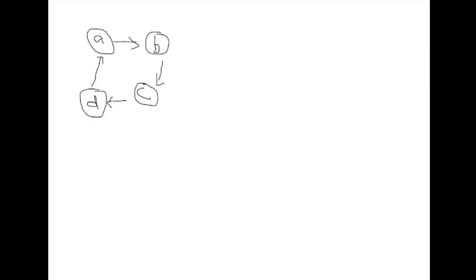Now, depending on the values of A, B, C, and D, it could be an up counter, it could be a down counter. And if we use some inputs, suppose I'm using an input A, then depending on the value of A, it will be decided whether it is an up counter or down counter. So this part we will see. But for the time being, you can see we have 4 states A, B, C, D, and this is a counter. So when I'm saying we will be making a state table, the state transition table will be something like, we will be in the present state.